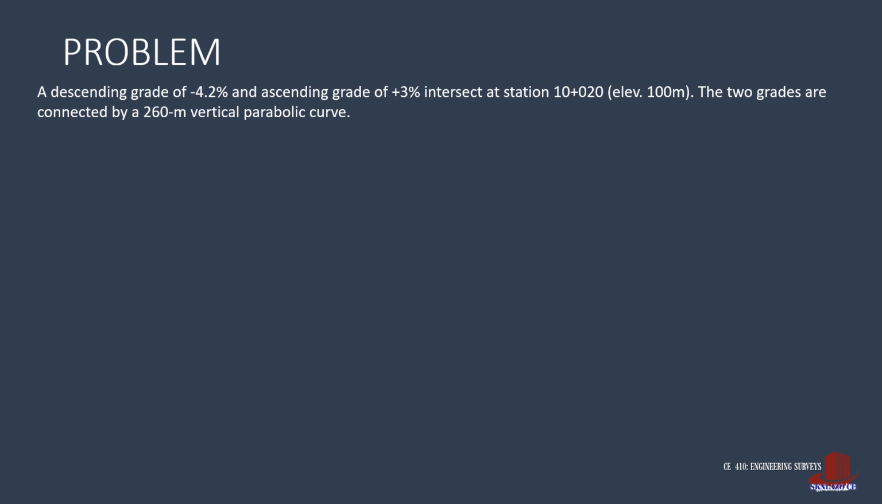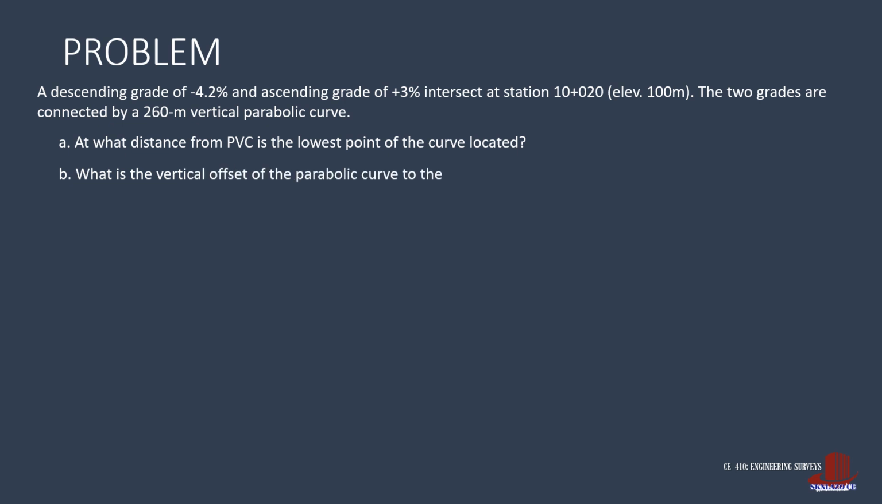The PVI is located at station 10 plus 020 with an elevation of 100 meters. It is also stated that the length of the whole parabolic curve is 260 meters. The first question is the distance of the lowest point from PVC, followed by the vertical offset of the curve